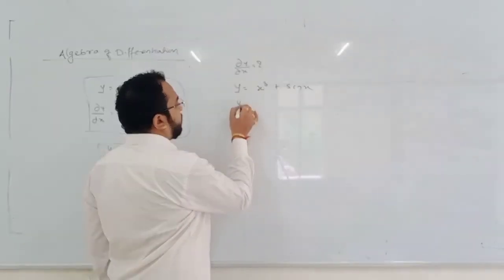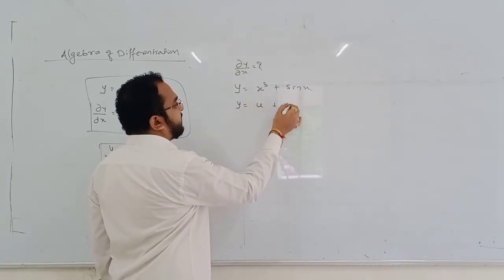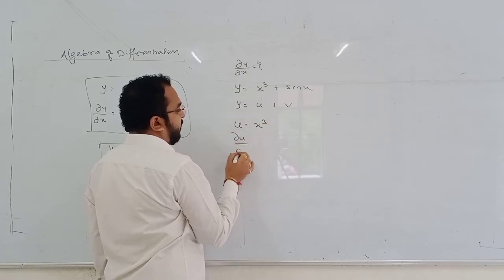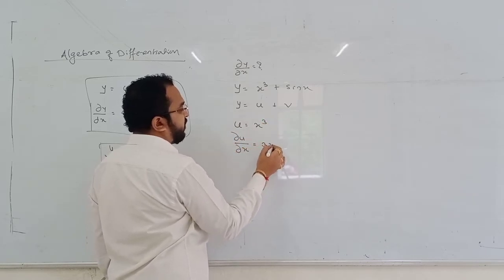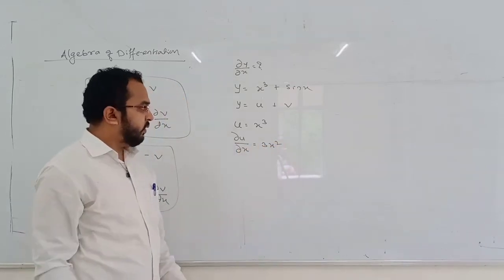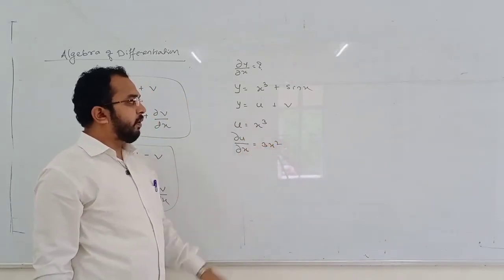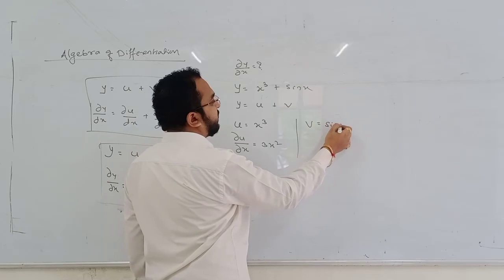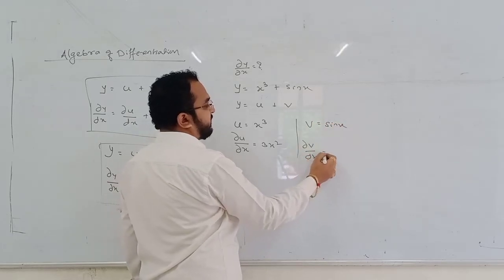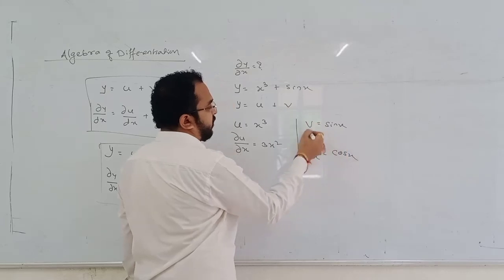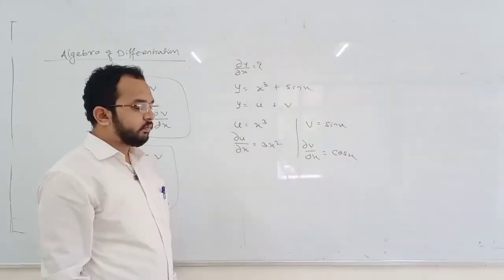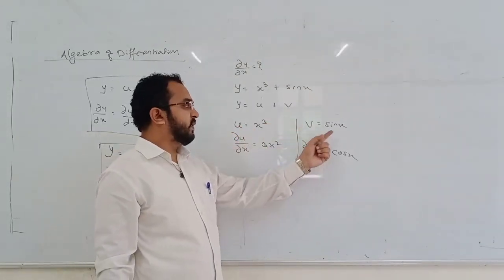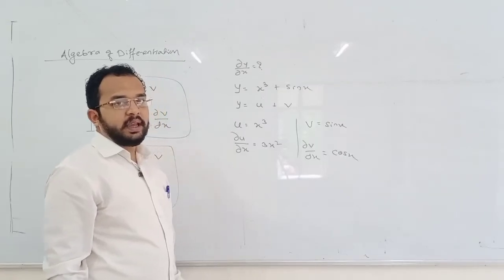Now suppose if I assume this x cube as u and this sin x as v. So what is u? u is x cube. Differentiate it separately. du by dx is equal to x cube, so differentiation 3x square. ये तो मालूम है. Take the power in the numerator and reduce the power by 1. Okay. Then assume v is equal to sin x. What is the differentiation of sin x? Differentiation of sin x is cos x. So dv by dx is cos x. कल x cube से differentiation 3x square, तो u से du by dx, v से dv by dx, sin x से cos x. ठीक है?